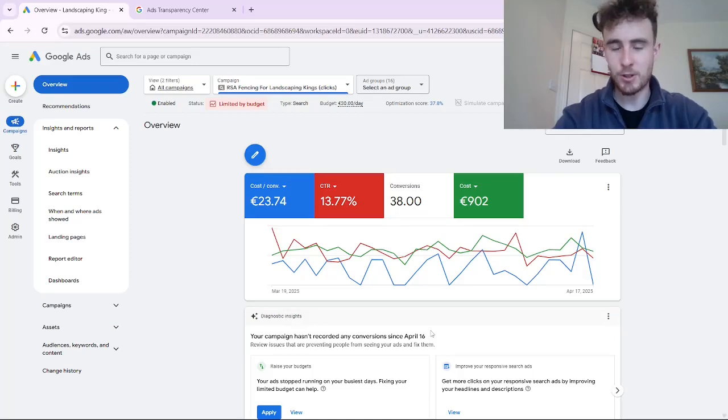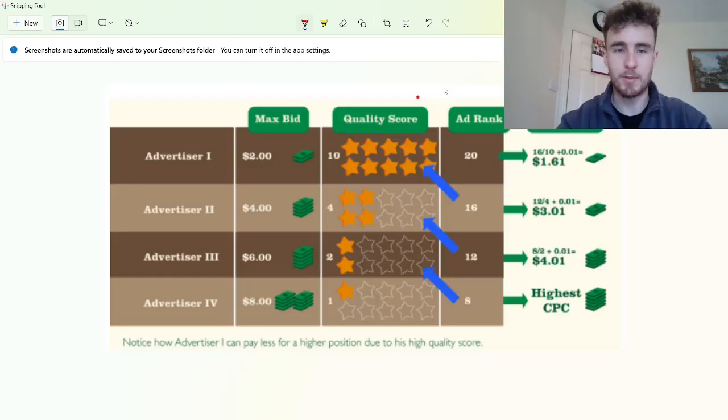If your Google ads aren't showing up at the top of the page where you'd like them to, or your cost per clicks are costing a lot more than you'd like, then all of this plays a role in ad rank. And in today's video, we'll walk you through what you can do to improve ad rank inside your own campaign. Now, to explain how ad rank works, I found this really simple formula that, if you understand,